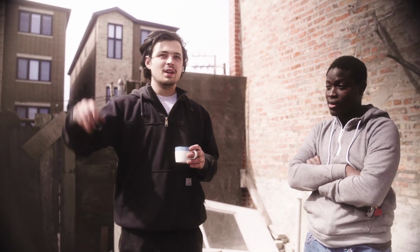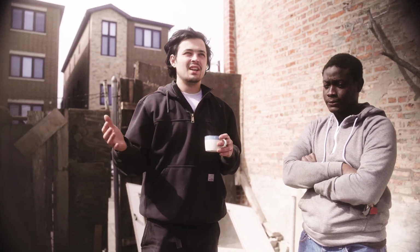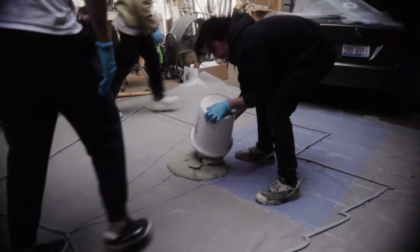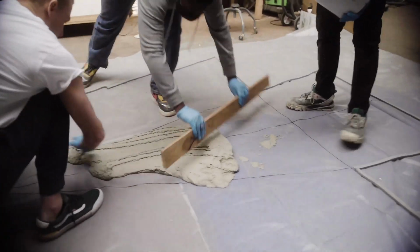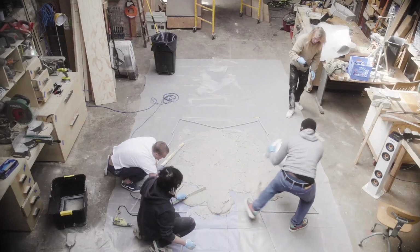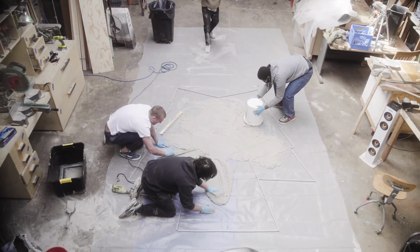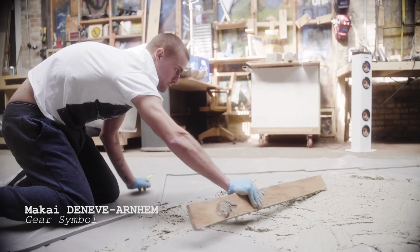So we figured, okay, we'll create this epoxy seal on the inside, reinforce it with mesh, and really create this layered kind of mass that emulates both of our styles. It pulls the nautical side of POS and then has that assemblage sort of feel of Gear Symbol. Yeah, and the most complicated part of it is, really everything in this project is in the opposition